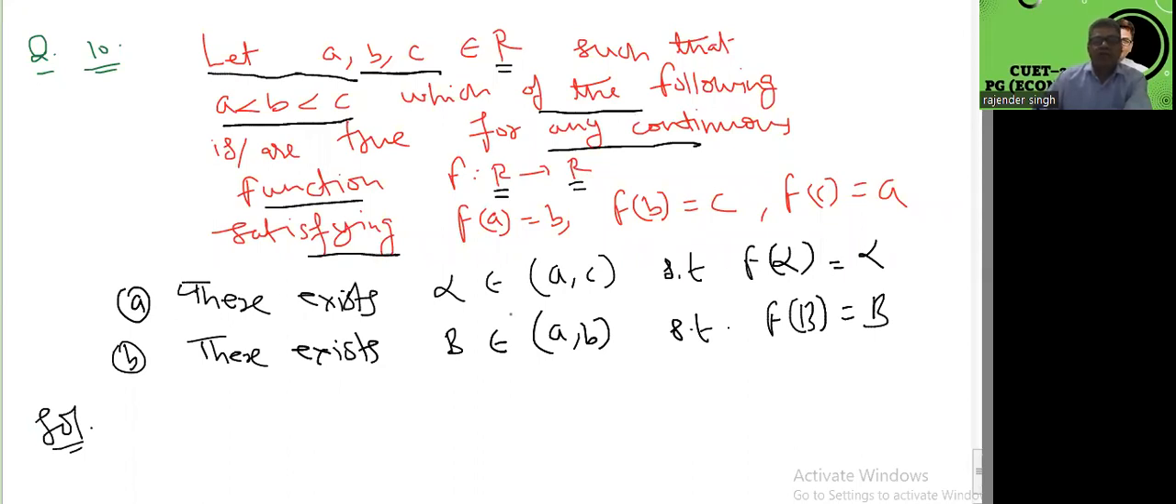Then there exists alpha belongs to a to c such that f of alpha equal to alpha. There exists beta belongs to a to b such that f of beta equal to beta, right? तो ये क्वेश्चन बेस्ड है कंटिन्यूअस फंक्शन पे, राइट, एंड इंटरमीडिएट वैल्यू थ्योरम पे, राइट स्टूडेंट। तो देखिए कैसे करते हैं इस क्वेश्चन को।